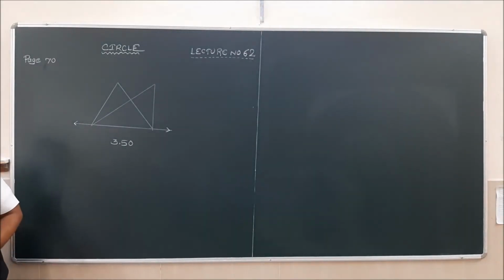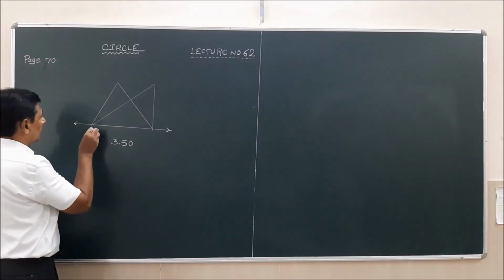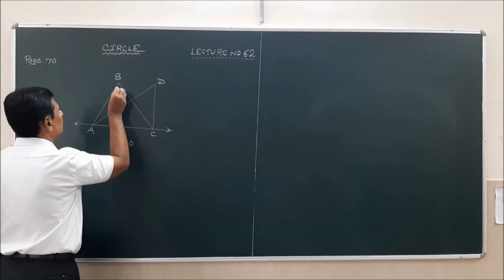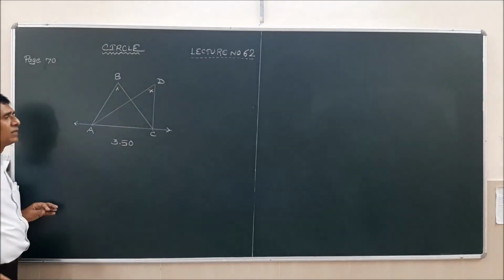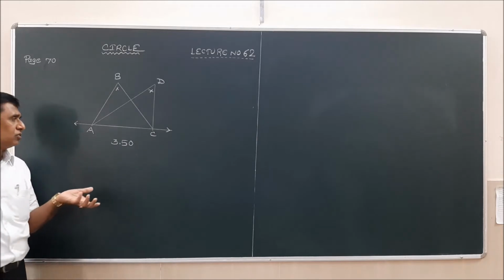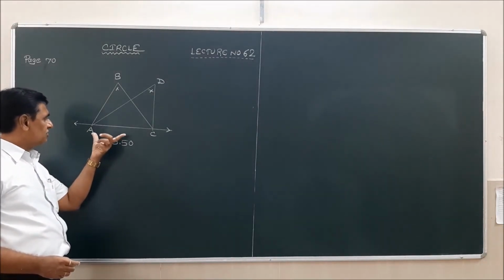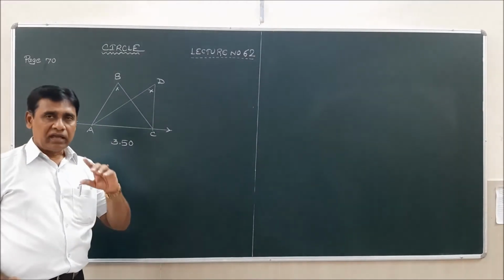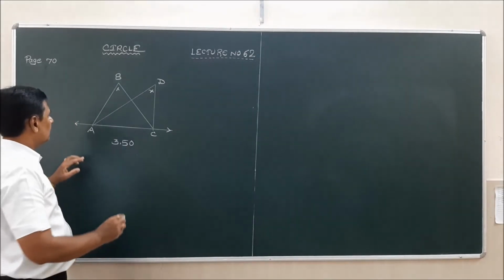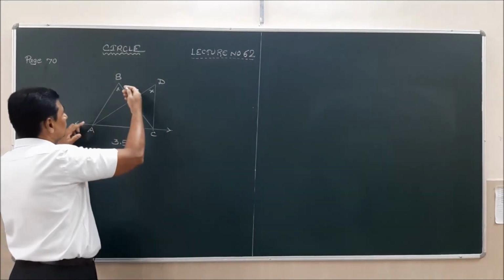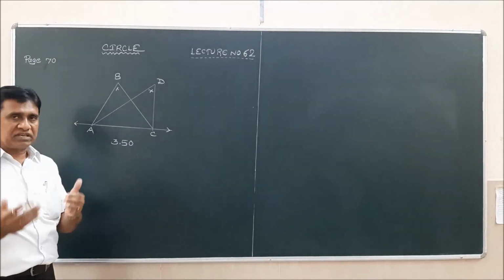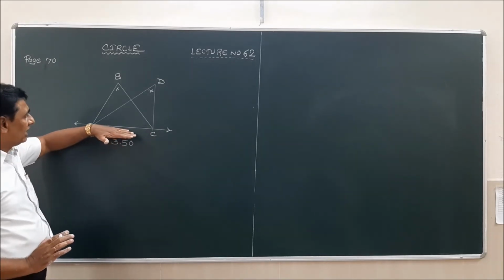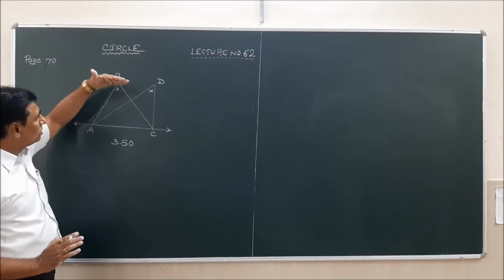This is figure 3.50, ABC. Now, the statement of the theorem is very important. The statement is such that if any 2 points on a given line subtend congruent angles on the same side of the line. I repeat the statement very clearly: if any 2 points on the same line subtend congruent angles